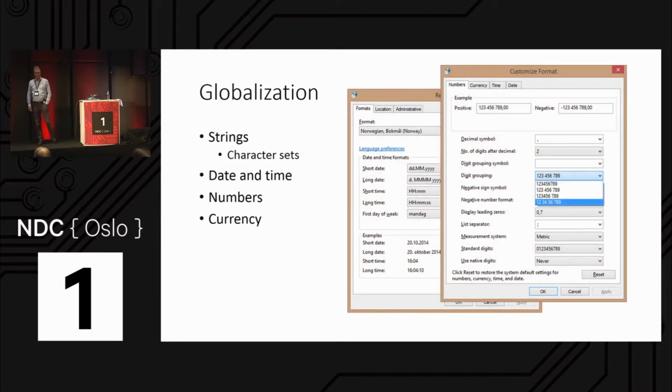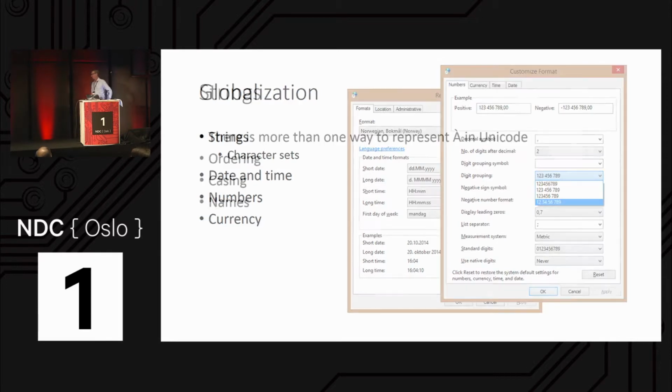Happily, we have advanced somewhat since then, and with regard to character sets, the solution we have come up with is Unicode, and that's probably what we're going to live with for the foreseeable future, which makes localization and globalization possible. It doesn't necessarily make it easy because this is a really complex matter, but it certainly is possible. The other things that fall under globalization would be date and timestamp handling, how we deal with numbers, and how we deal with currencies. So let's look at strings.